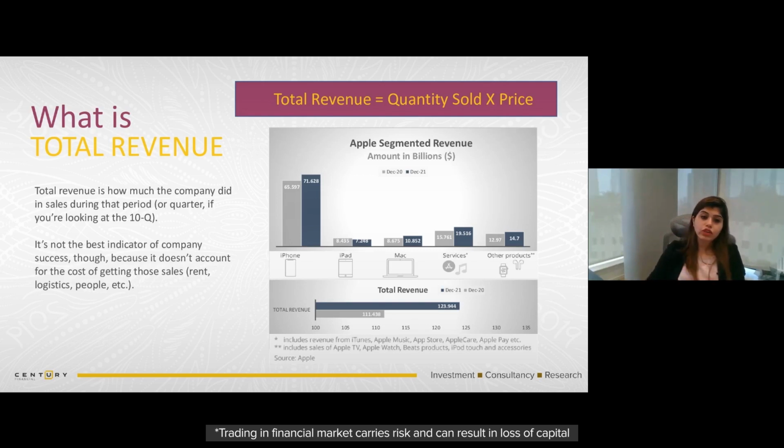Another parameter which is very important when we are looking at earnings is that we generally compare the earnings of a particular company with